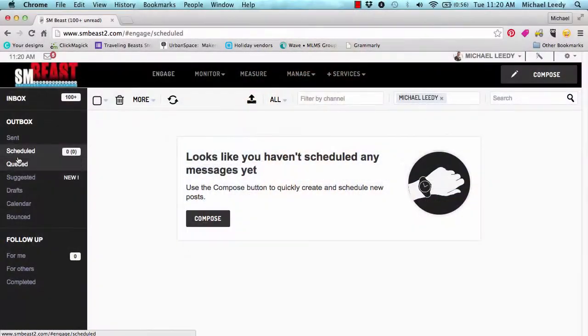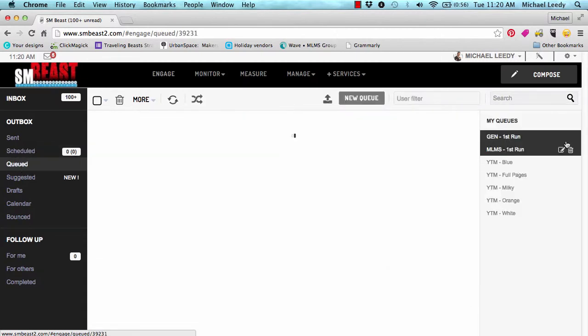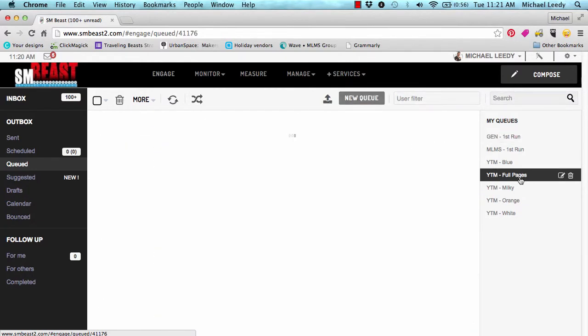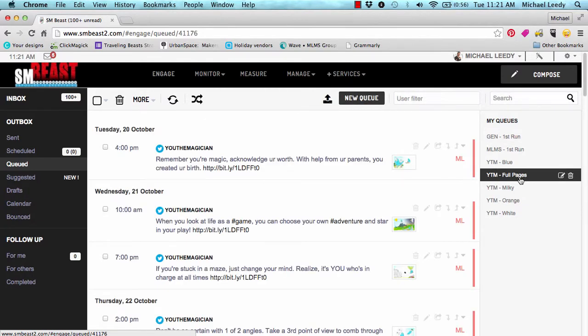In this tutorial, I'm going to cover the difference between a scheduled post and a queued post. I will start by explaining the queued post. So let's look over here to our screen where you see you have different options here, right? You have scheduled and queued. And like I said, we're going to start with the queued post